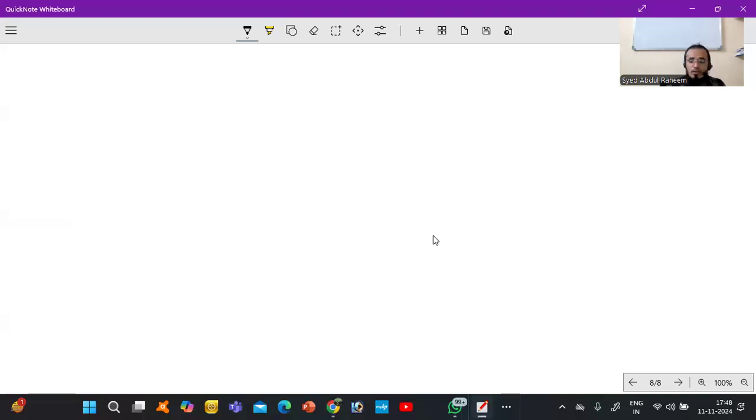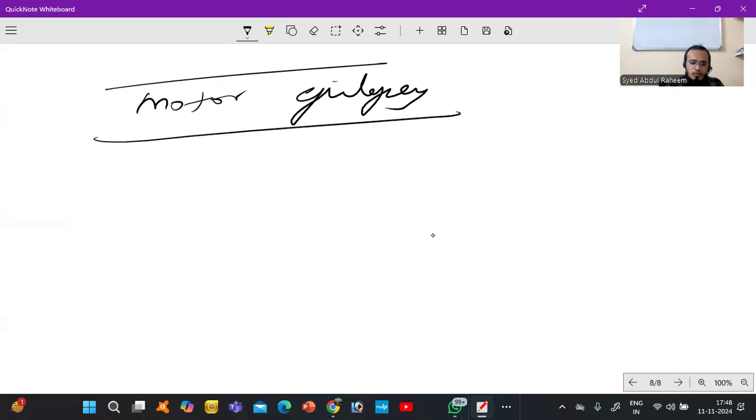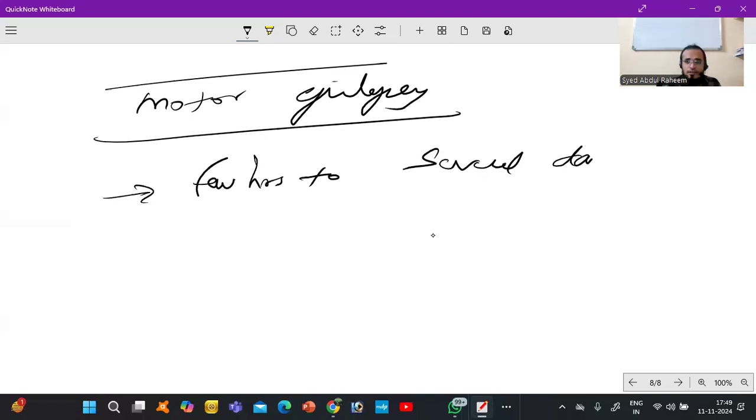So grand mal epilepsy is also called motor epilepsy. Already told, generalized epilepsy, all motor epilepsy. Okay, so what are the symptoms? So these will start within a few hours to several days. First thing is that. And second is that these symptoms are usually paroxysmal or continuous. Continuously, you can see the symptoms in whatever the patient does.